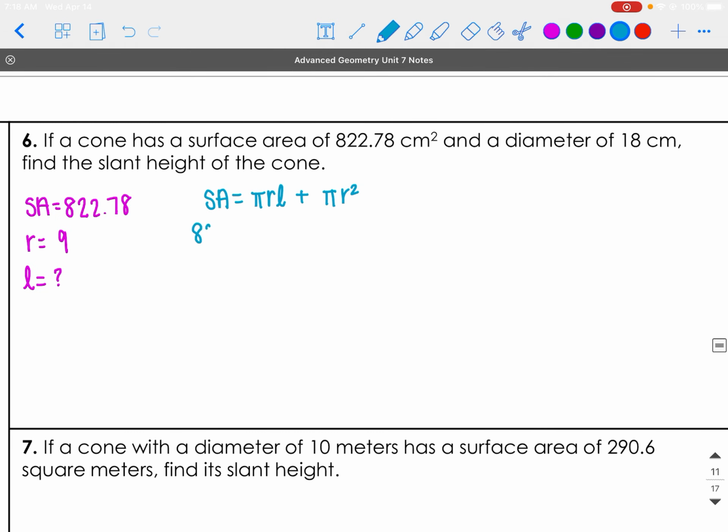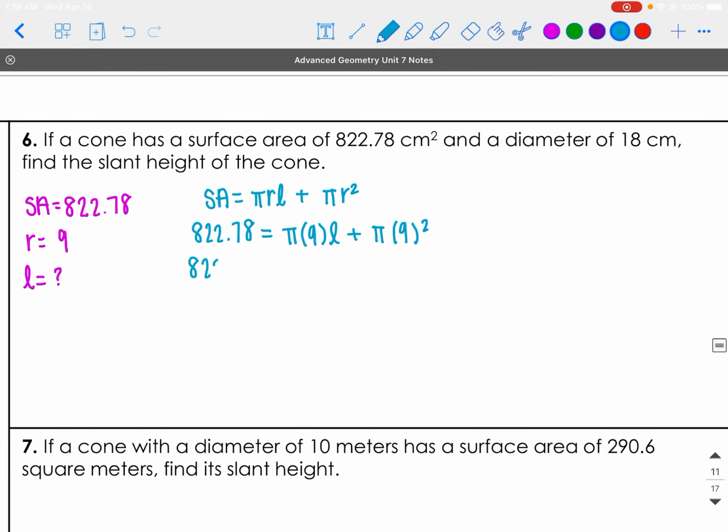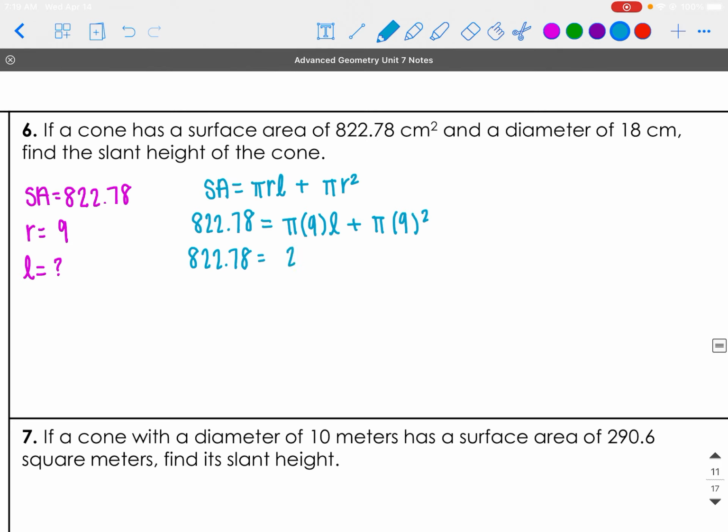So if we fill in what we've got, 822.78 equals pi times 9L plus pi times 9 squared. We can multiply 9 and pi to get